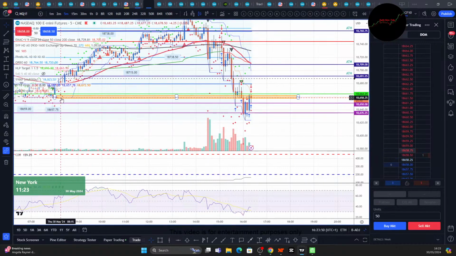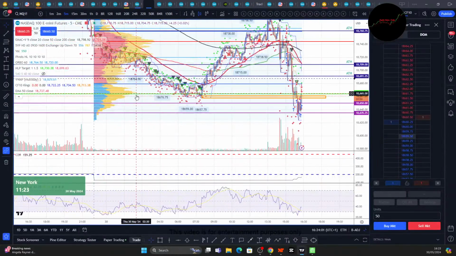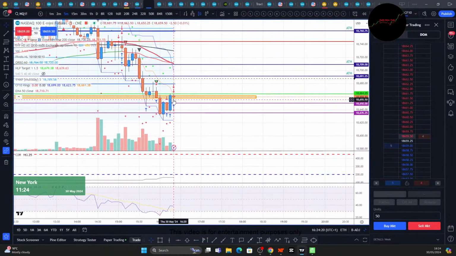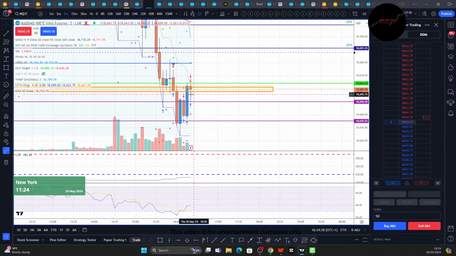Can we close back above that 58? Let's see. Certainly putting up quite a bit of volume here down at these lows. Got a volume ridge up here, point of control all the way up here, so a move up to the 709s wouldn't be too much off the cards. That trade looks like it just would have worked, but the bad risk reward kind of scared me out of that trade.